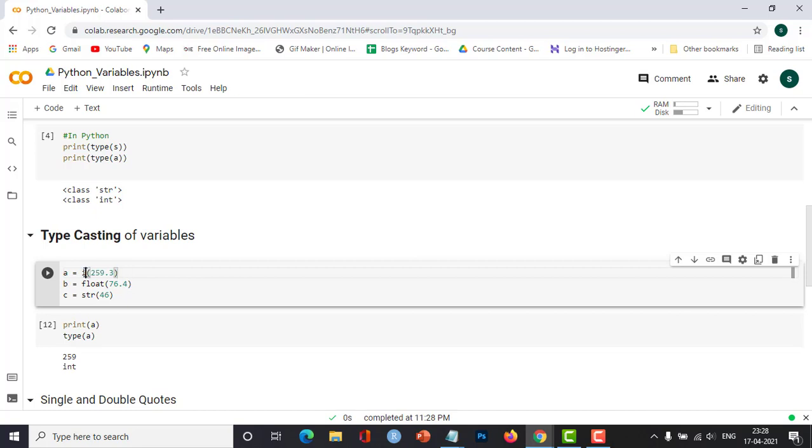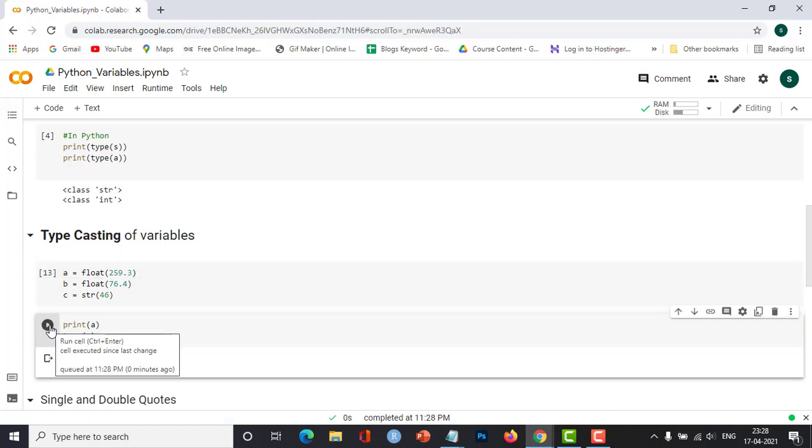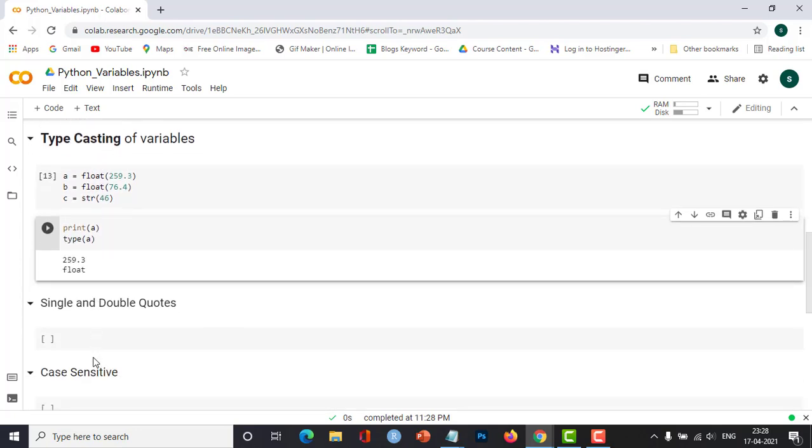So I have to change it to float to get the floating value. Now I'll run this again, and then we get the output as 259.3. So again, typecasting is one of the important things you need to remember.